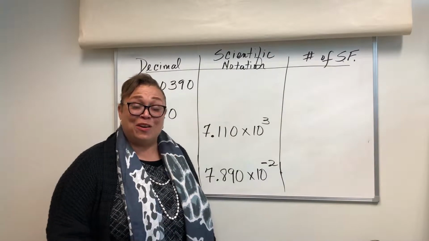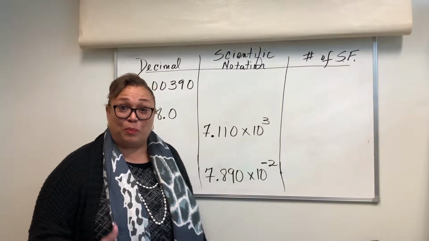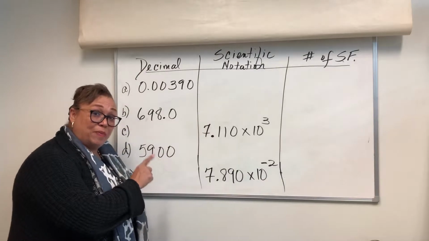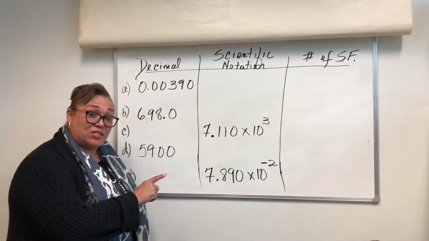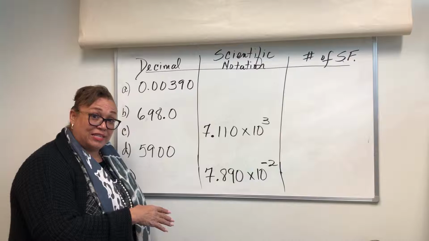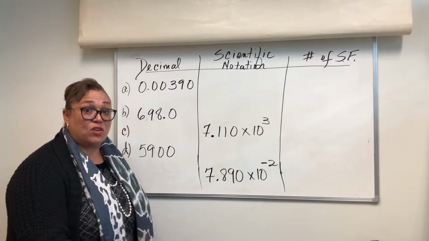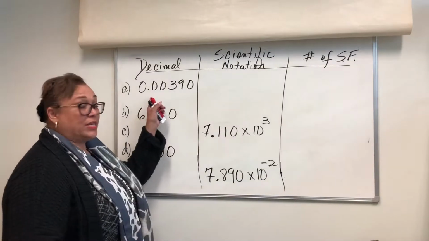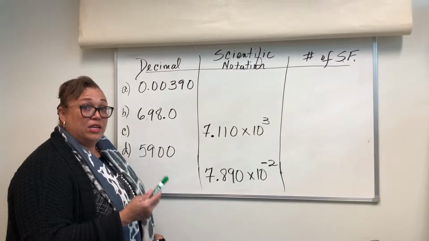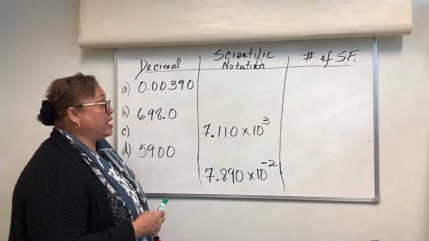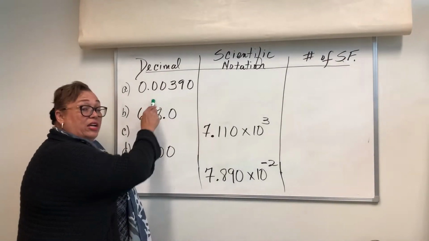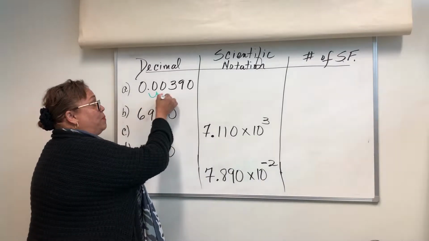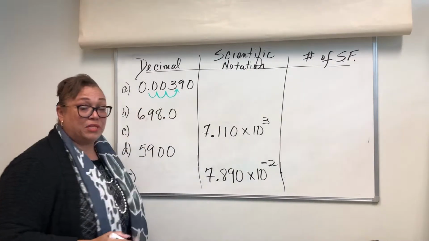Okay. Now we're going to do some examples just like it's going to appear on your quiz. So when you look at this, you should be able to do everything we've discussed thus far. We've got the scientific notation and the sig figs all incorporated in this one table. Let's look at this first example, and I'm going to write in green to make sure that you can see what the answers are. So when we remember how to put numbers in scientific notation, we have to bounce that ball back 3 times for